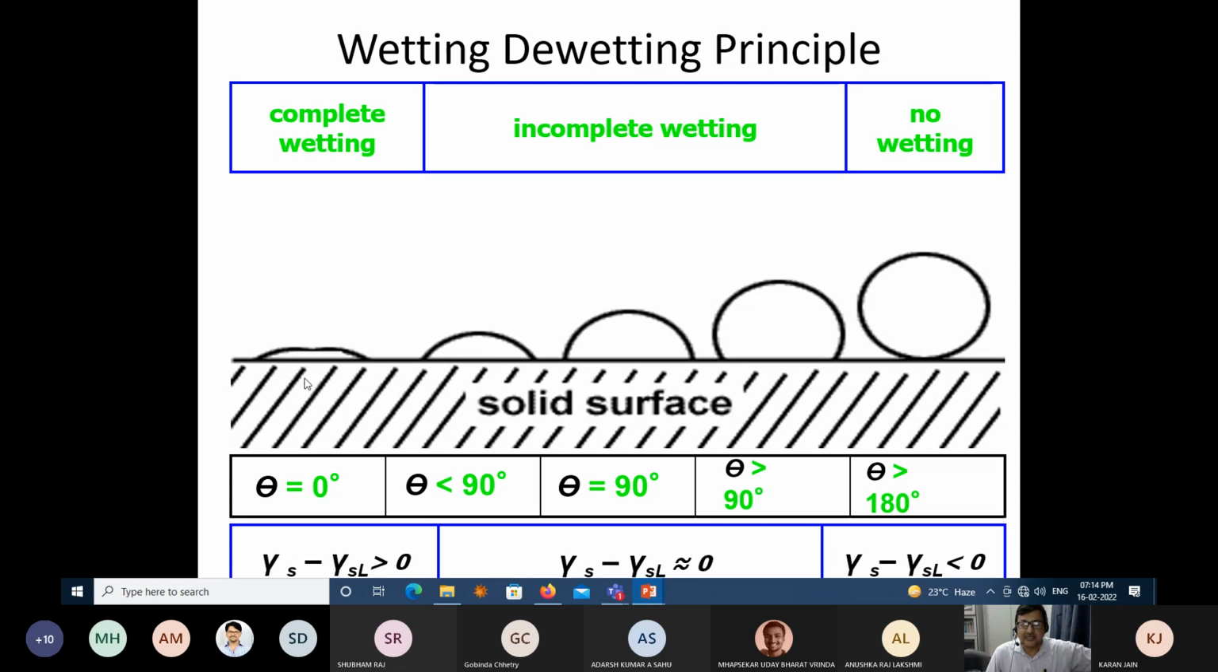So you can really classify from 0 to about 20-30 degrees, it's a wetting surface. 20 to about 100 degrees, it is an incomplete wetting surface. And beyond 130 degrees, it is a kind of super hydrophobic surface. So based on the surface tension and the contact angle measurements, you can really classify different types of solid surfaces on